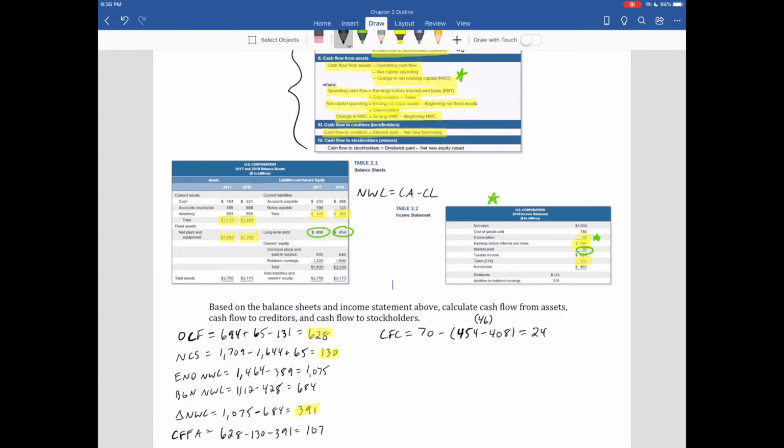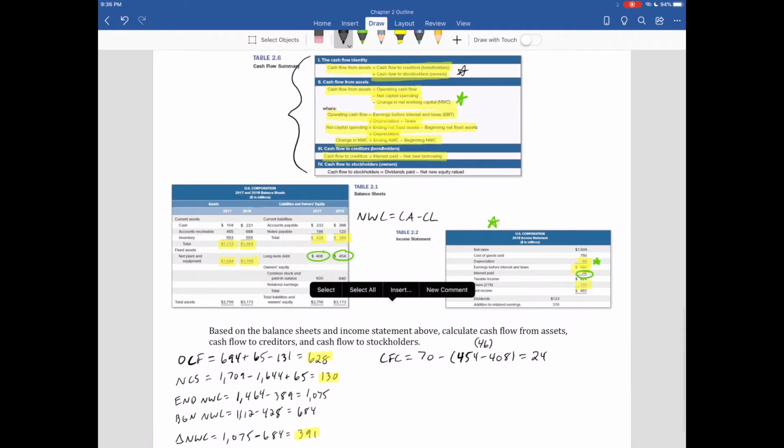They paid out 70, but over the course of the year, they actually borrowed an extra 46. So their total cash flow to creditors is 24. Now, you should be able to calculate cash flow to stockholders without doing any calculations because of the cash flow identity, where cash flow from assets equals cash flow to creditors plus cash flow to stockholders. So we do know that this cash flow to stockholders must equal,